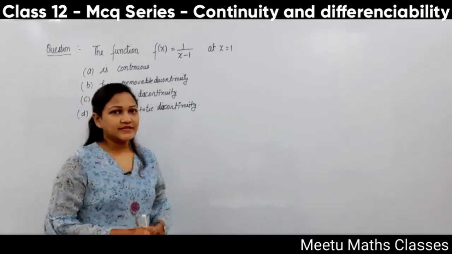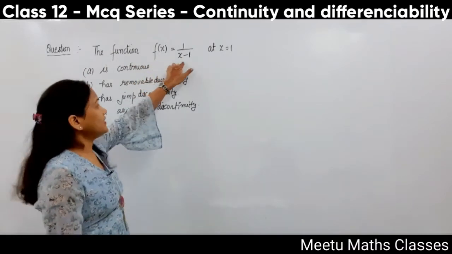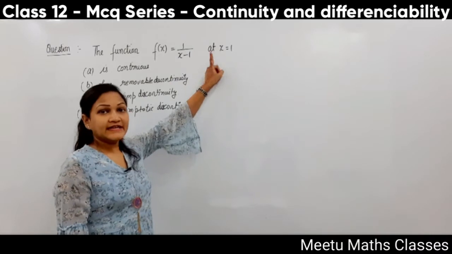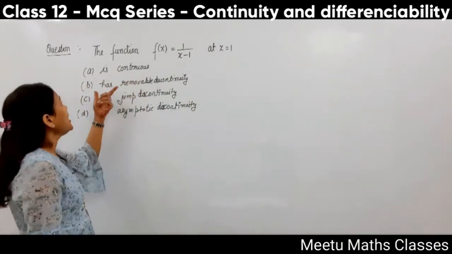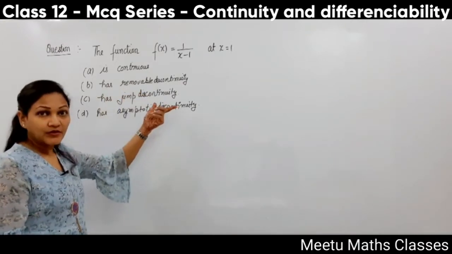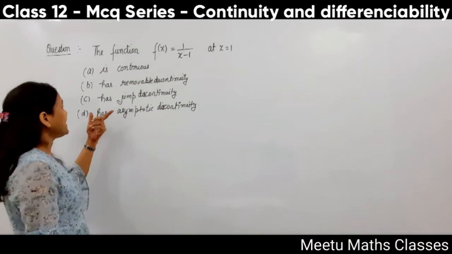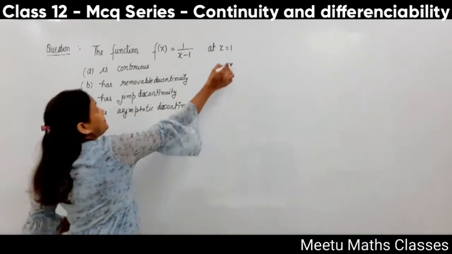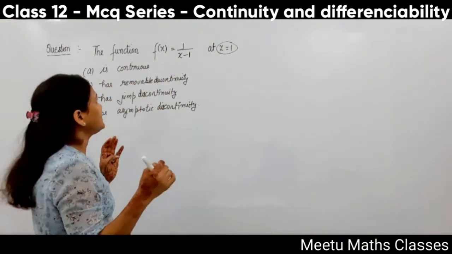Your next question is, the function f(x) defined as 1 upon x minus 1 for x not equal to 1, and f(x) equals 1 at x equals 1. At x equals 1, you have to check whether your function is continuous, has removable discontinuity, has jump discontinuity, or has asymptotic discontinuity. तो इस पर्टिकुलर पॉइंट पे आपको चेक करना है whether your function is, सबसे पहले आपको अंडरस्टैंडिंग होनी चाहिए what